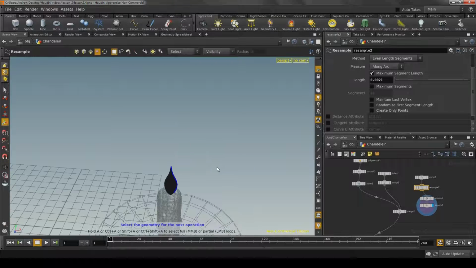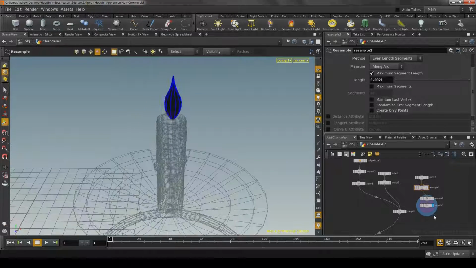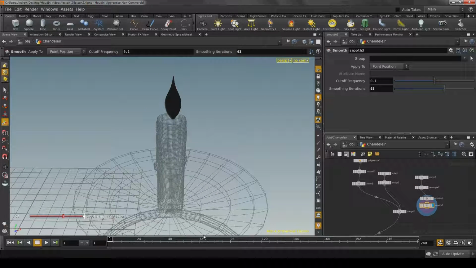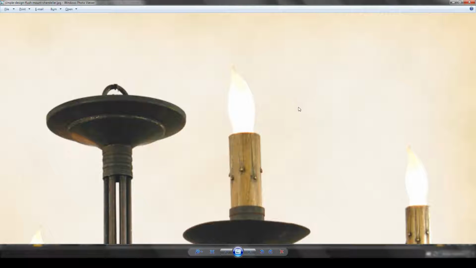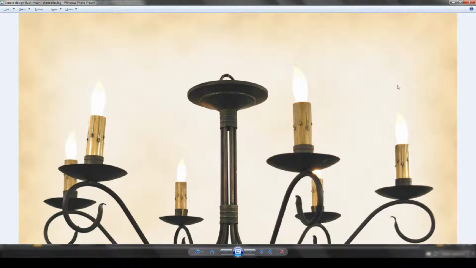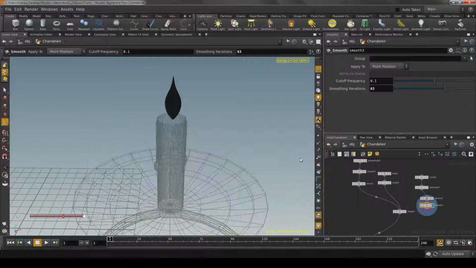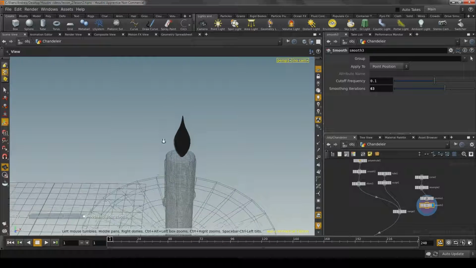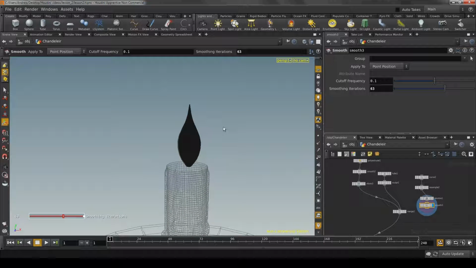So the last step would be, this is a very perfect looking candle flame, and the candle flames in the photo that we're using as a reference, and even flames in real life, don't look perfect. Usually there's a little bit of wind, and so they're slightly deformed. We're going to add some deformation to our flame. To add deformation, we're going to use a Lattice Tool. The Lattice Tool is pretty simple to use. We need to go up here to our Deform tab